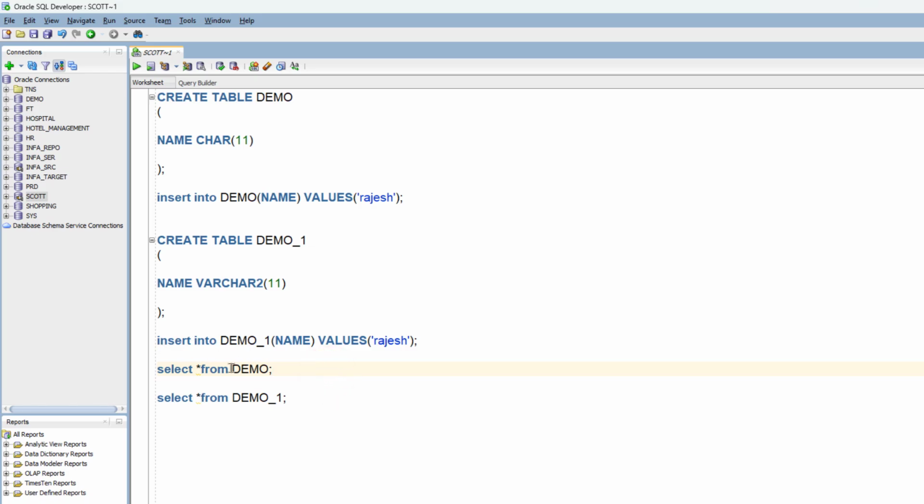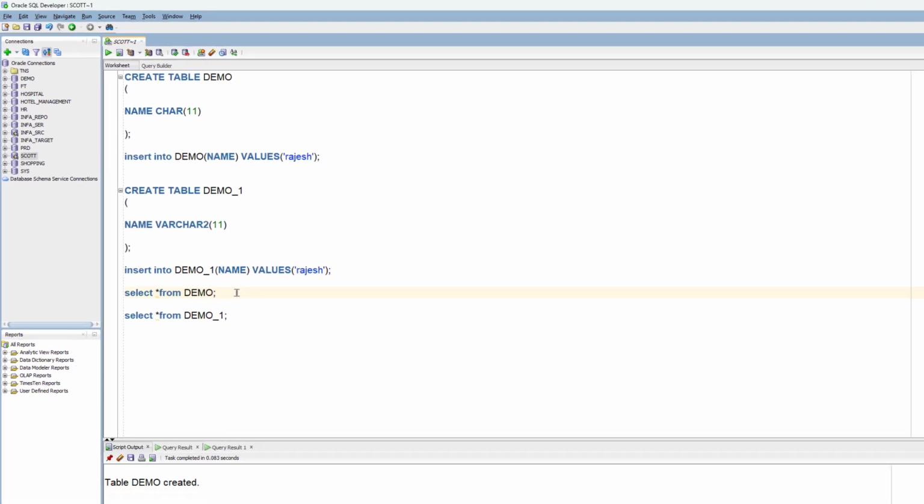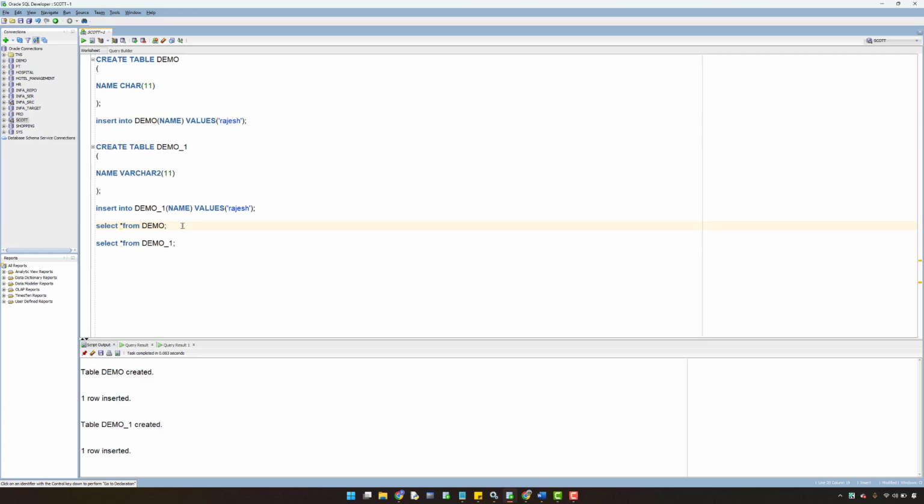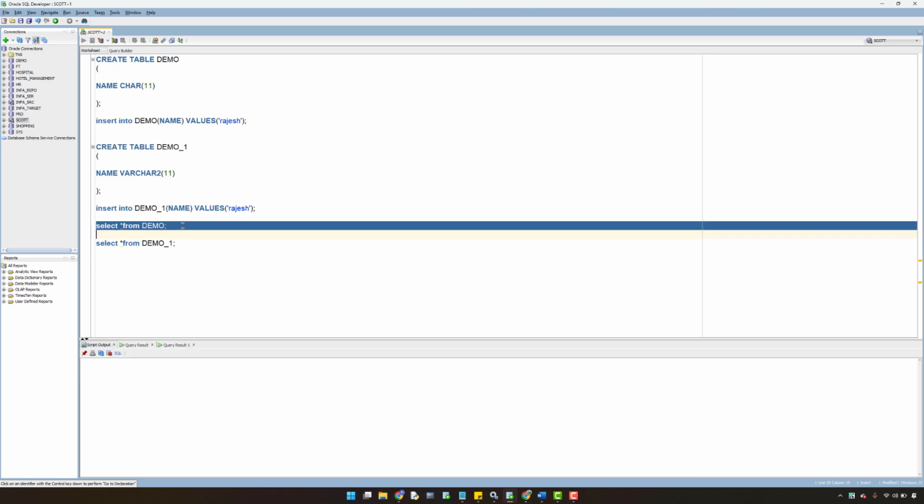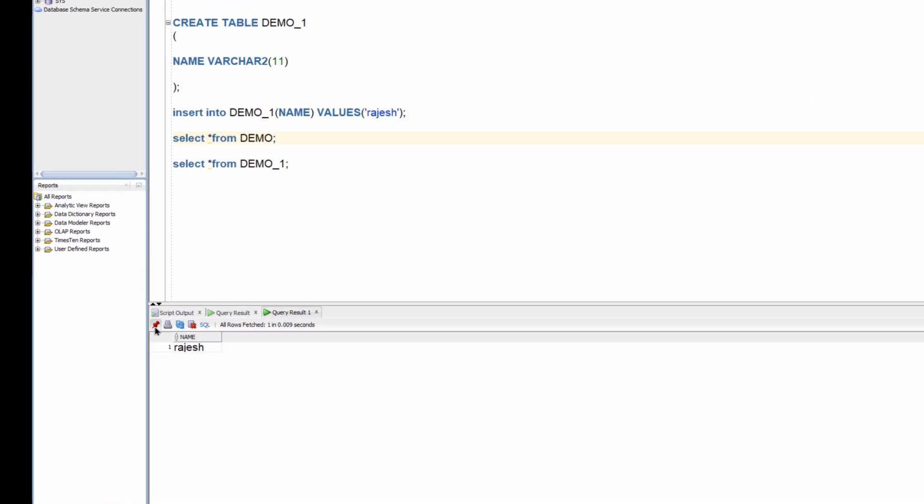Data gets inserted, right? Now I run this query, we'll see the difference. Now first I run the CHAR data type declared table. So this is the CHAR declared data type table. Now I will run the VARCHAR2 data type table. So if you observe here carefully,